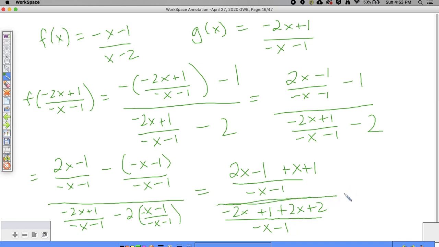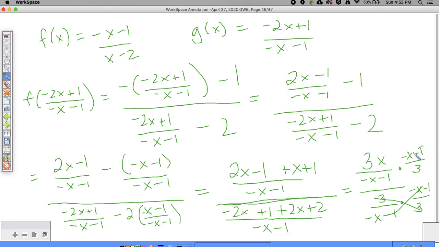So now if we just tidy up the top and we tidy up the bottom, we get 3x just upstairs, right? Check that out. Negative x minus 1 over, check this out, we wind up with just 3 divided by negative x minus 1. And if we multiply by the reciprocal of this, negative x minus 1 over 3, times negative x minus 1 over 3, all of this cancels out to 1. These two cancel out, and you wind up with 3x over 3, which is just x. So we actually just showed that f of g of x